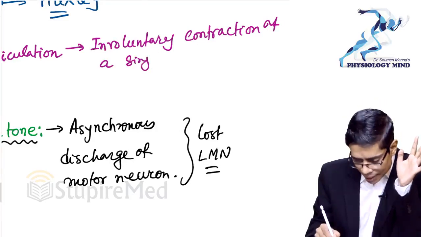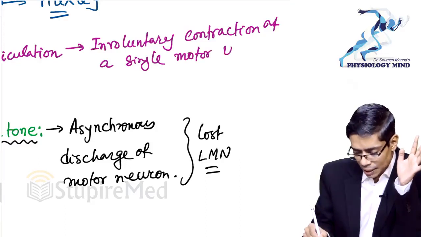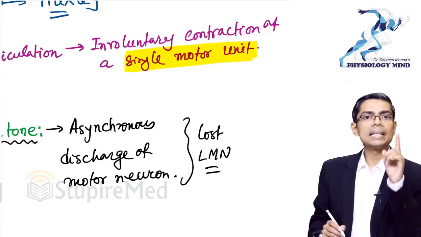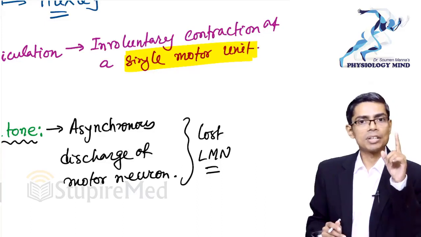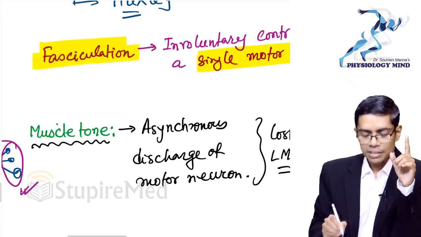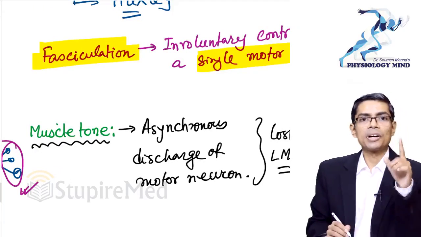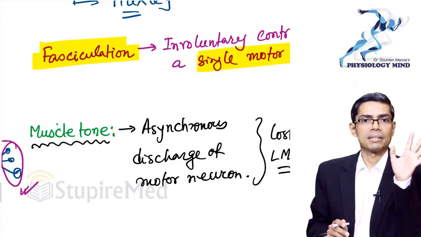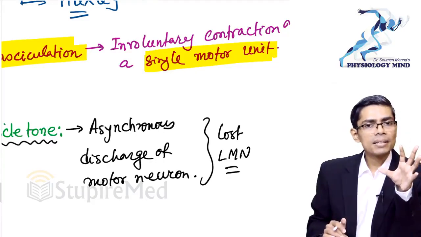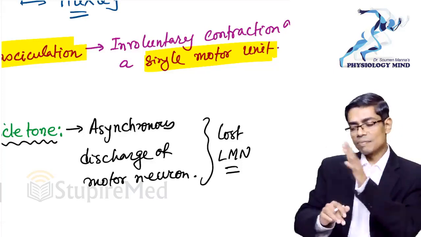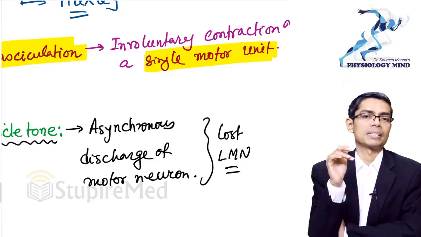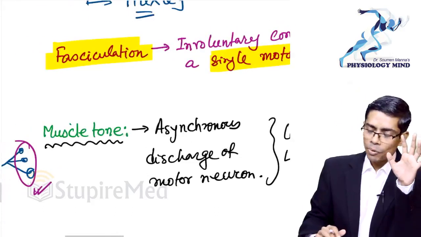a single motor unit. Motor unit means multiple muscle fibers will contract, but one single neuron will discharge spontaneously and pathologically. That's why we know that when lower motor neuron disease starts in our body, fasciculation occurs in the muscle. Because a single motor unit is contracting, multiple muscle fibers will contract, and that's why this contraction is grossly visible from the surface of the muscle. But when the lower motor neuron disease is more progressive,